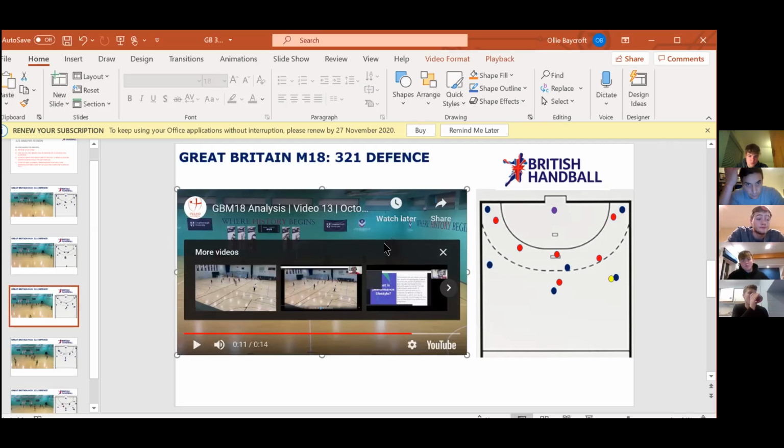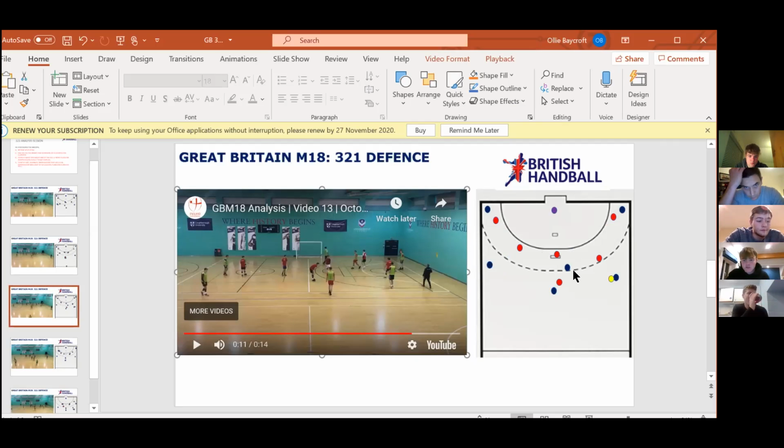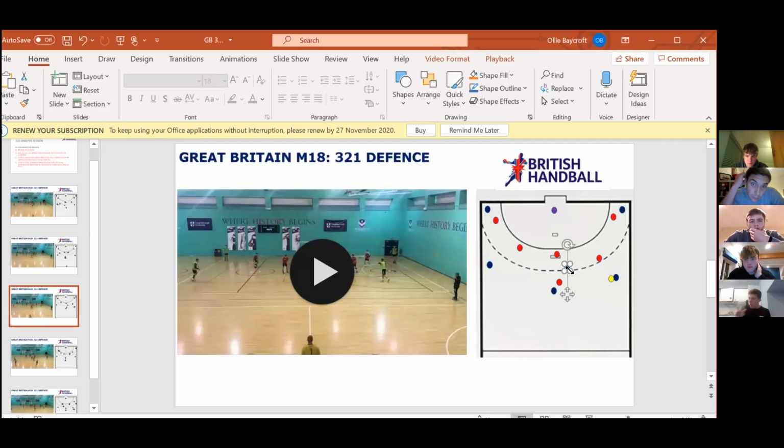Okay, so what we saw with this clip is, as you can see on the tactics board, the right back has the ball, it's been passed around, and the line player, which is myself, moves out. In the real thing, I actually end up moving out a bit further, because I think I was starting to go for a screen on the central defender. But as I'm moving back, the ball gets past me around the 8-9 meter mark,